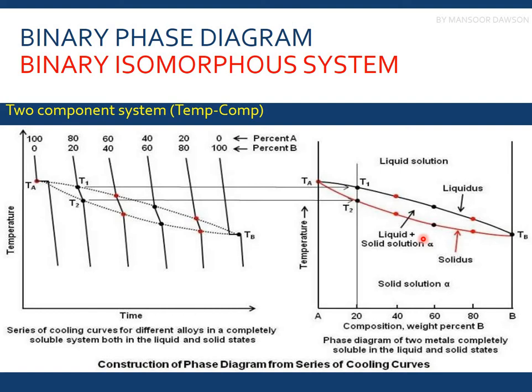And when all of the liquid has been converted into alpha, which is solid, this is the solidus line, below which there would be only the solid solution, not anything else. That is called alpha over here. So basically this is the region in which both states coexist, that is the liquid and the solid state. This state is the metastable state. Above that is the equilibrium state, and below that there is also the equilibrium state. So this is what I was discussing in the previous slide. So moving on,